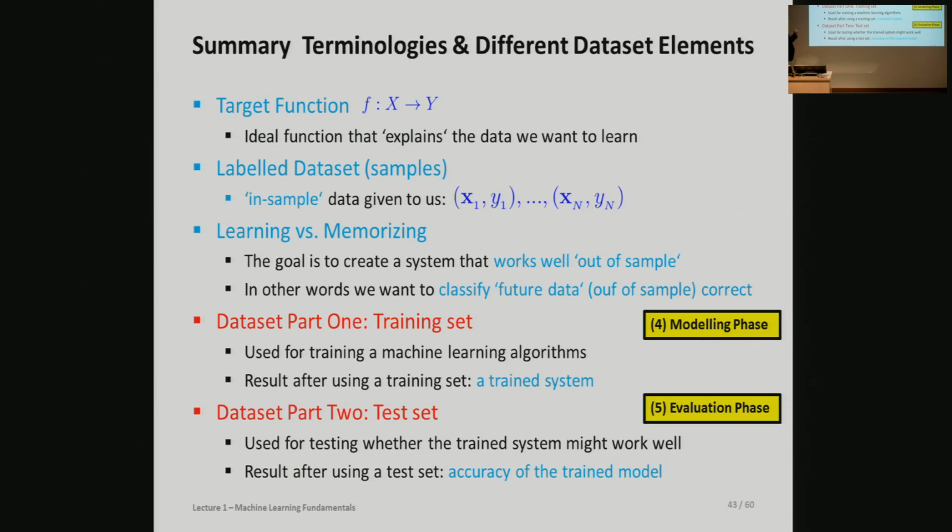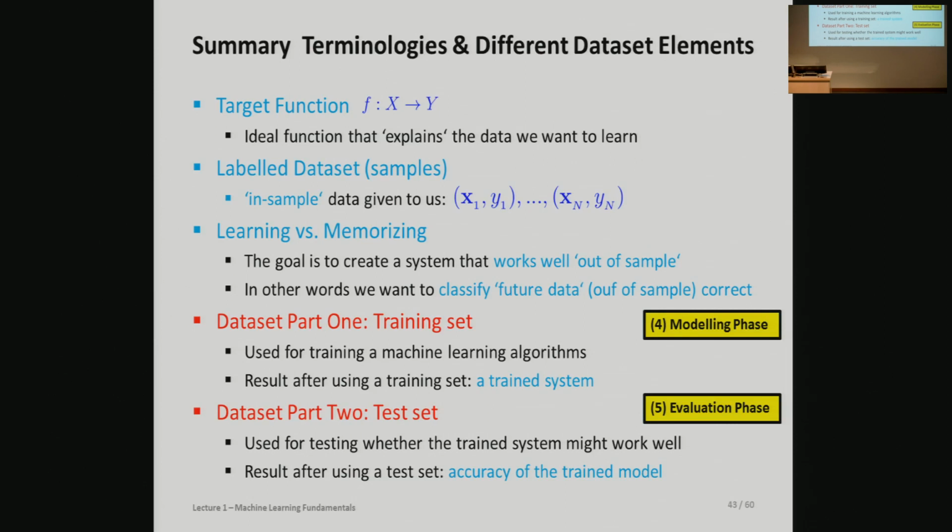That's very important. However, a very important thing that we want to achieve in machine learning, which differentiates us from some of the regression studies in statistics, for instance, is we want to be working well out of sample. We want to classify future points. Right? This is a key aspect. Otherwise, it would be rather memorizing. We want to learn in order to generalize well in the future. And this is a key assumption in machine learning. It will be much more concrete when we formalize this, basically in lecture 3 later, after we have come to some of the practical aspects of the topics here.